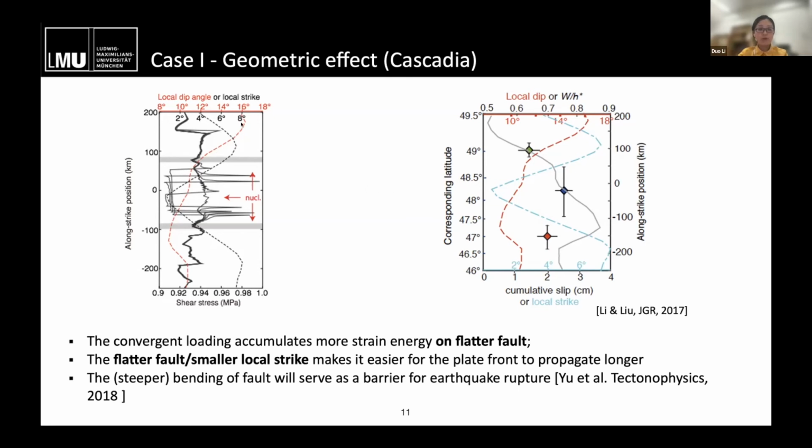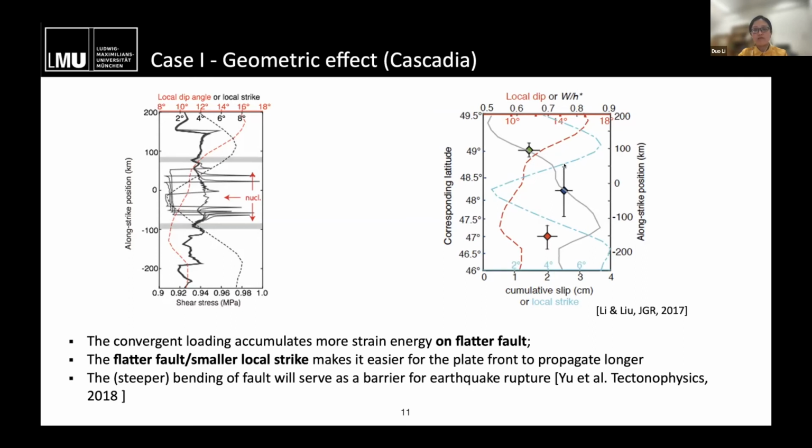And we also plot the dipping angle at the same depth in this red dashed line. And the black dashed line shows the local strike, which means how the element changes along strike, like the tilting of the element. And we found, the diamond here represents, and the length of this bar shows the average of the maximum slip